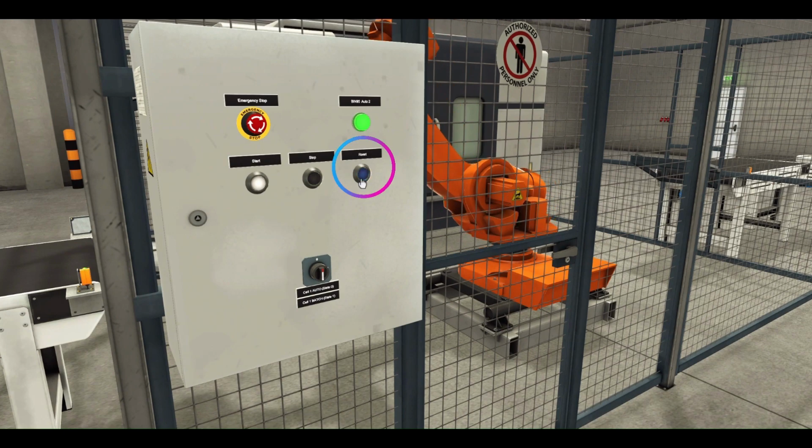The cell reset button will eject the part regardless of whether it is finished or not, making the cell ready